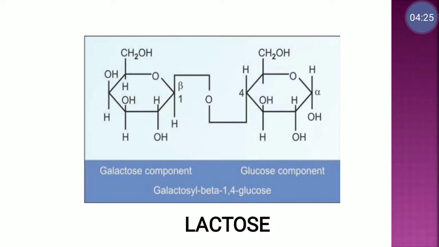So the thing to be remembered in this structure is, in case of glucose, at the bottom at the first carbon an OH group is there, which is called the anomeric hydroxyl group, which is free for reduction like that of maltose. That's why it is called a reducing sugar. So maltose and lactose are reducing sugars.